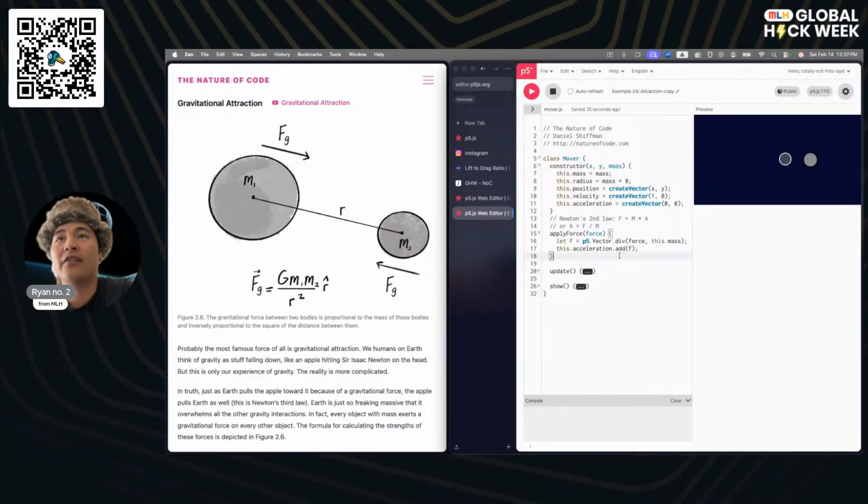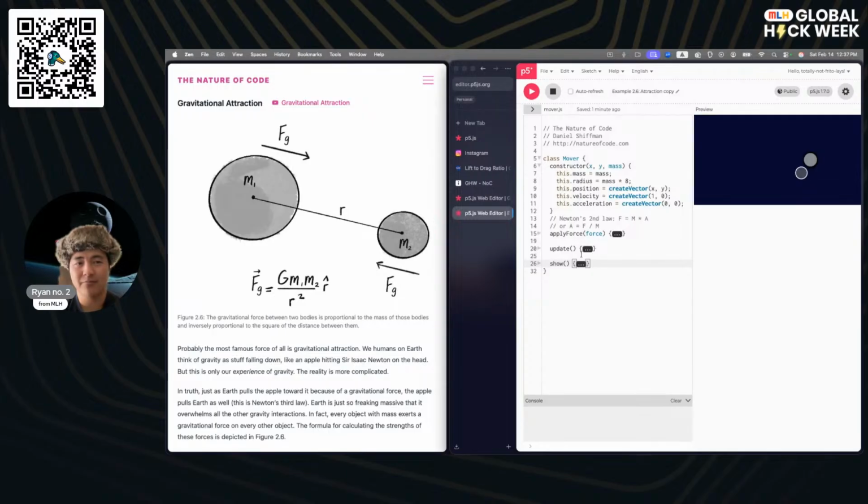Okay, and then we can look at applying force. So let's see. We do a little vector division on the force divided by the mass. I don't remember exactly why we did that, but that is definitely covered earlier in the chapter. But the main thing to know is that this is how we decide how much an object is being accelerated by. This is how to actually apply the force to the object's current mass, is what I'm trying to say. Okay, cool. So that should describe how movers work.